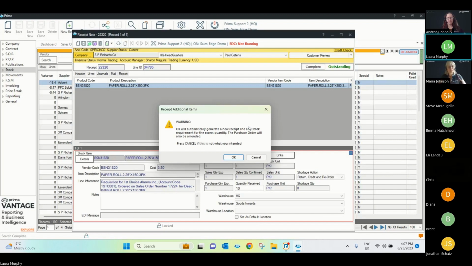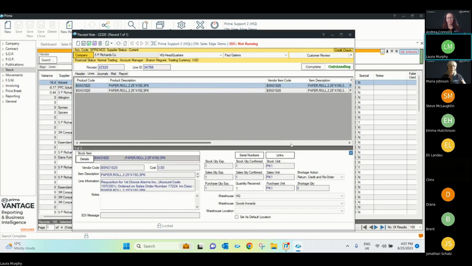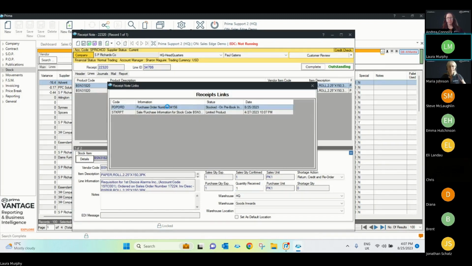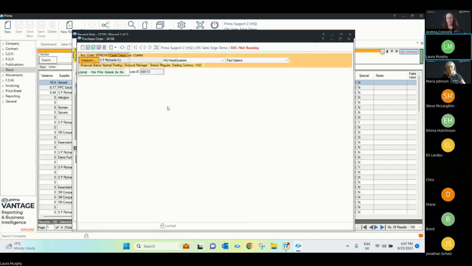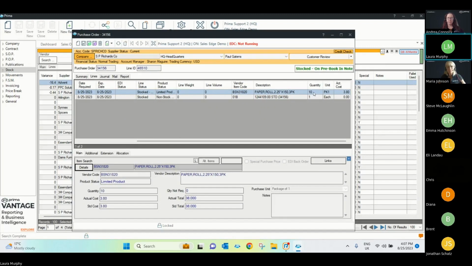And this is only allowed for stock purchase lines on the receipt notes or standard delivery lines that could be sales. It cannot update wrap and label or drop ship. So if I click OK, that's now been updated. If I go in to the links now and go over to the purchase order, we originally had one on order, and if I move across to the quantity,